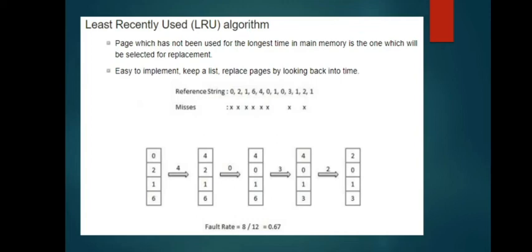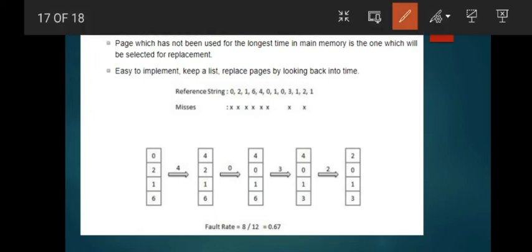In this example, you have 0 2 1 6 4 0 1 0 3 1 2 1 as your reference string. Again, you already know how to get the page faults and hits. We start with 0, 2, 1, 6, which will serve as your page faults. Then since the frames are already allocated with pages, you have to replace a page when 4 comes. Since we're looking for the least